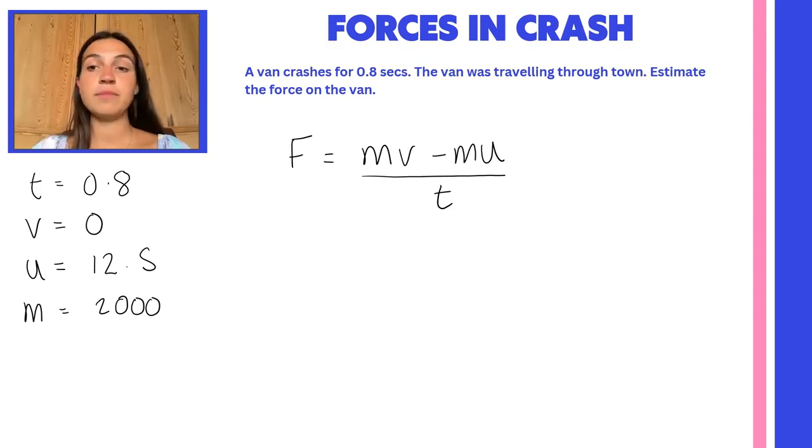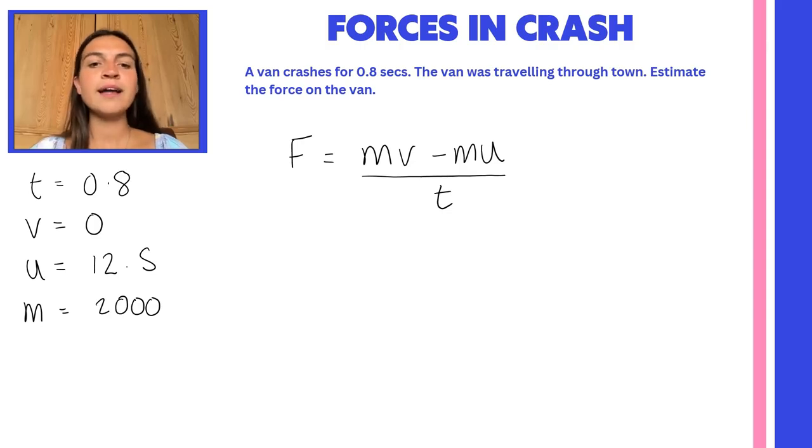I have my time, 0.8 seconds. I have my final speed is going to be 0 because this thing is crashing, and then we'll eventually come to a stop. And my initial speed, I'm going to say, okay, well, it's travelling through town. So it's going roughly half the speed it would on a motorway, and I know that on a motorway cars go at 25 metres per second. That's something you need to learn. So I'm going to say that maybe its initial speed was 12.5 metres per